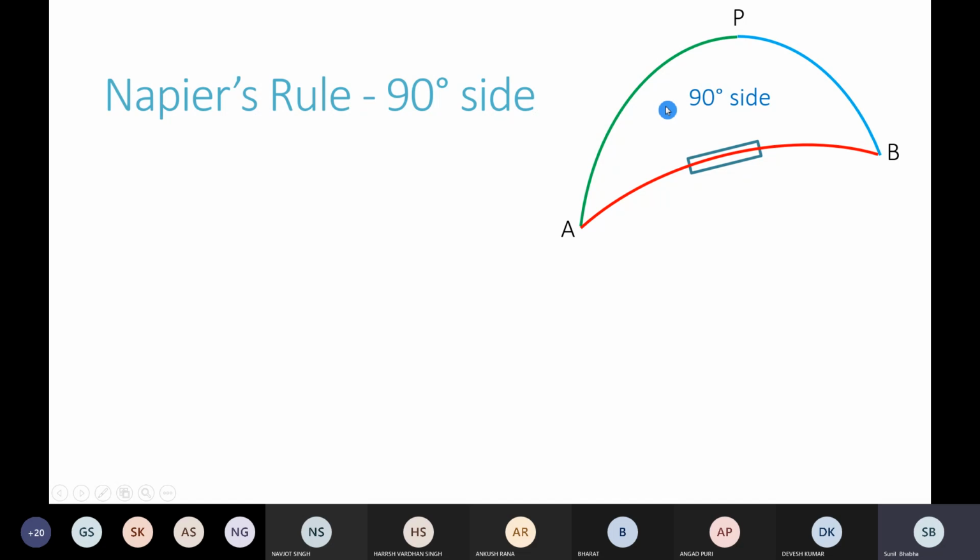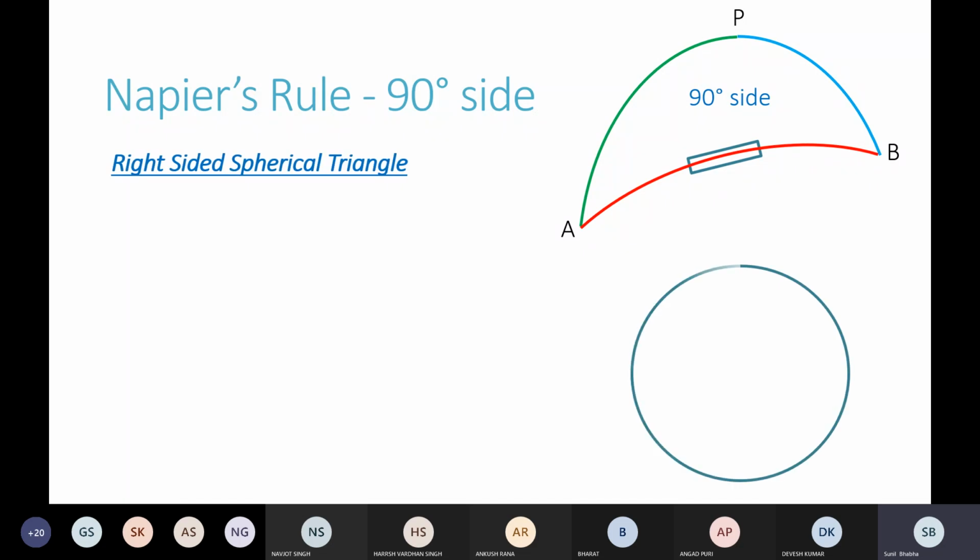How do we apply the Napier rule? We first make the circular diagram. In the circular diagram we will make 5 parts as before. So you can see there are a total of 5 parts, exactly similar to what we did earlier. 2 small parts are at the top, 3 big parts are at the bottom. And in this, now we